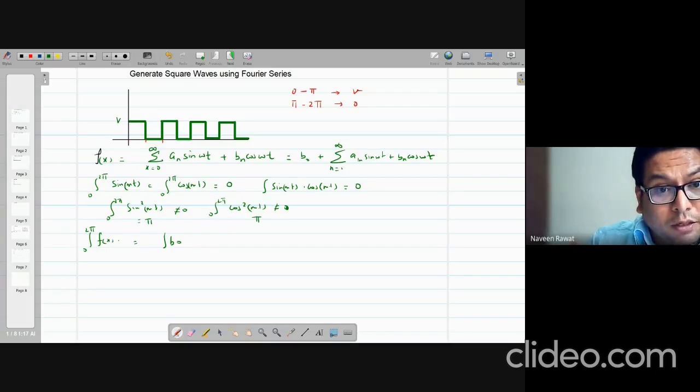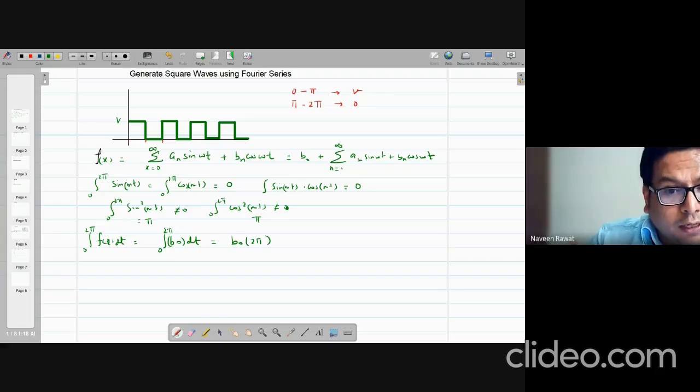And suppose in our case where I'm generating a voltage signal, this is some function of time. So this is some function of t dt, and then this will be dt. So basically what I get is the integral 0 to 2 pi of the function of time times dt is equal to the integral of b0 dt. b0 is again a coefficient, it's constant. So I just get b0 times the time period. And remember, in a time period we are considering 0 to 2 pi. Okay, so I have a value b0 times 2 pi for the integral on the right hand side.